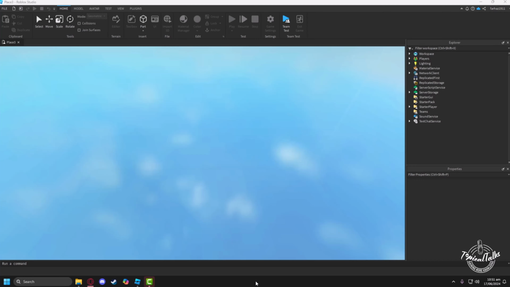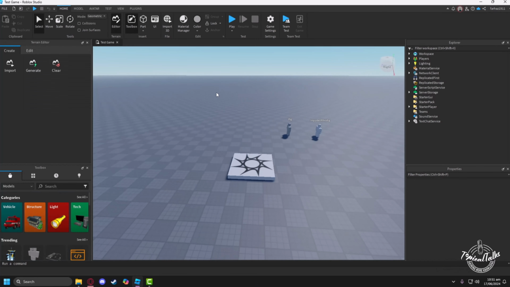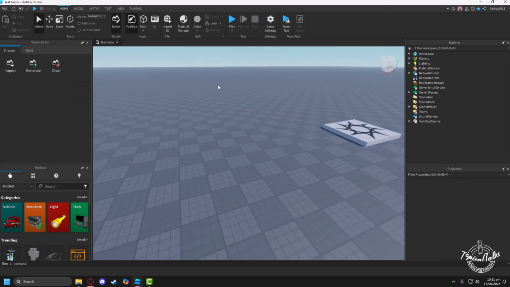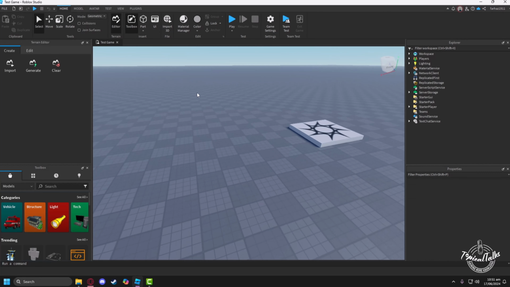Now let the game load. After the game loads, we will search for a leave button in the toolbox. So let's head to the toolbox. Under the model section, we'll search for leave button,